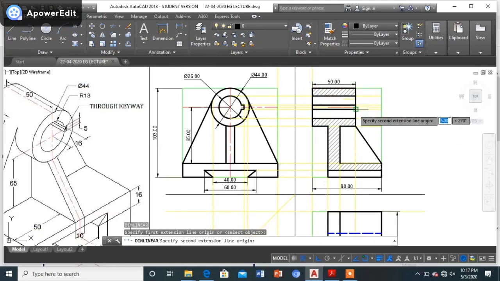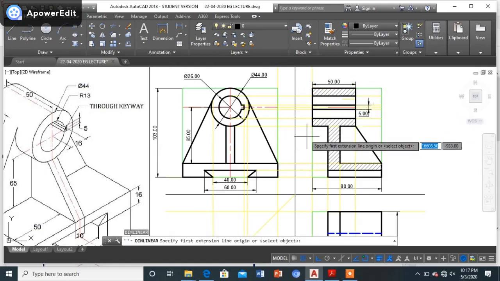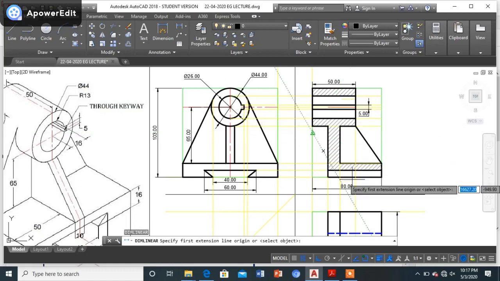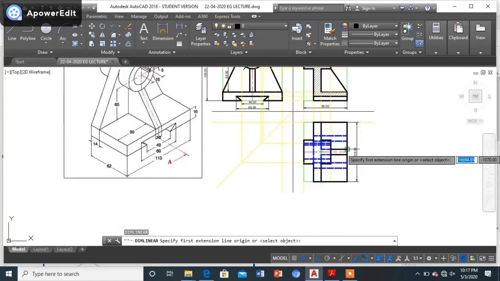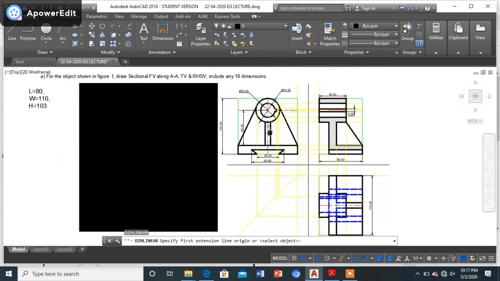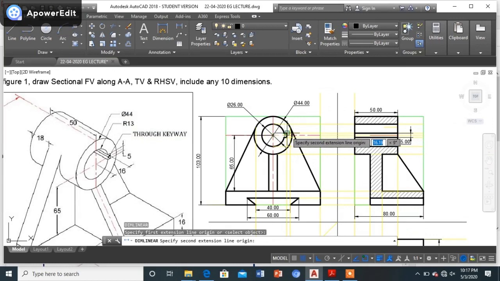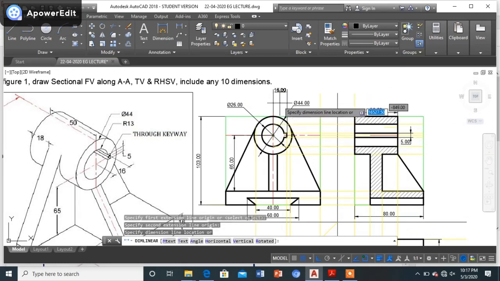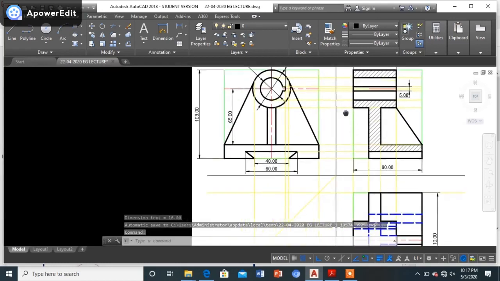This particular slot distance is 5, as we can see. Now from the top, if I talk about this particular slot, from here till the end point, the distance is 16. Yes, so very clear to me.